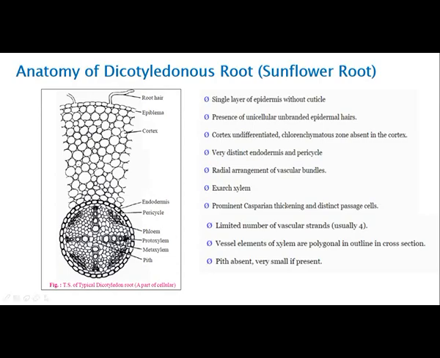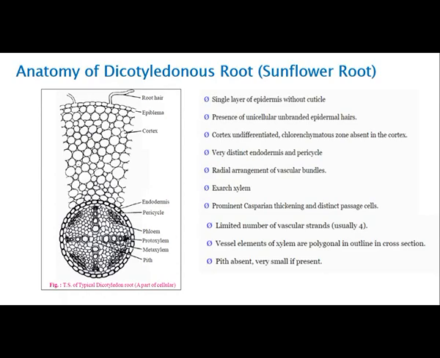Then there is another layer below the endodermis, called the pericycle. It is also a single layer. It is composed of prosenchyma, which is a type of parenchyma, as I already discussed, and it helps in the formation of lateral roots. Then there is pith. Pith is basically a type of polygonal parenchyma, and is less developed in a dicot root, or in maximum cases it is absent.